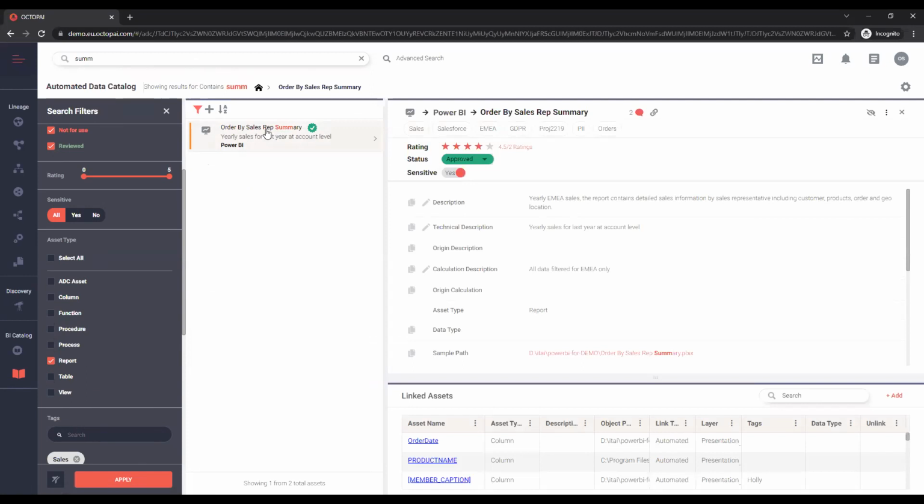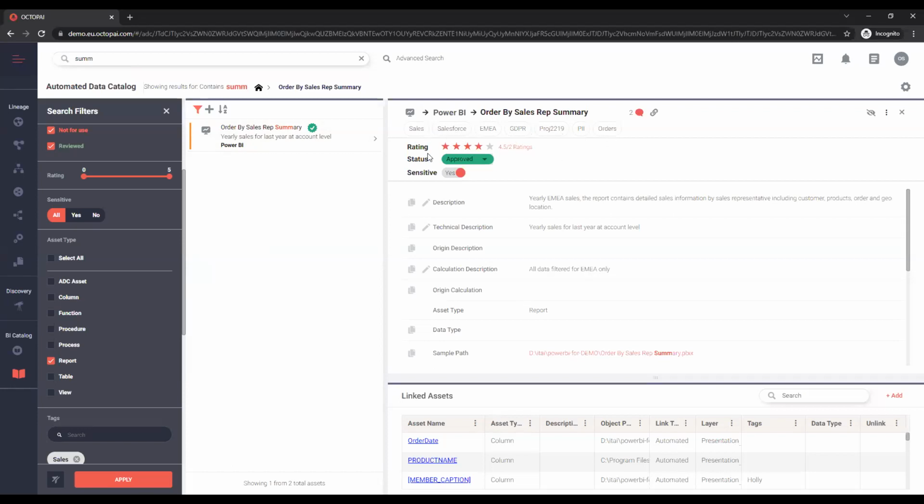And by clicking on it, what the user sees right away is all these different tags that this report has been associated with. This Power BI report has been associated with sales, Salesforce, EMEA, GDPR, a specific project. It's been associated with PII. It's been associated with orders.